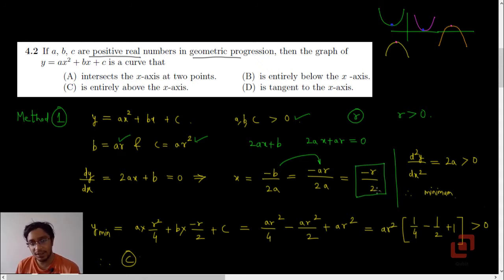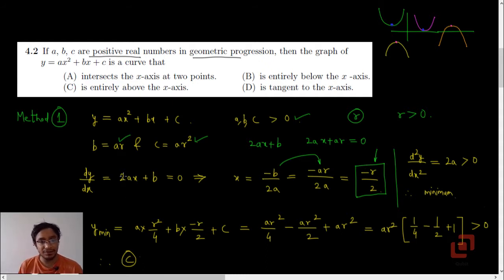Now because r is positive, we can conclude that irrespective of the location of the parabola or the curve, its extreme value is going to be in the second or the third quadrant because x is negative. But please keep in mind that we are not interested in that value. What we want is to decide the nature of the curve. So we know that the peak or the trough is going to be either in the second or the third quadrant because its x coordinate is negative. Now we will go to the second derivative test.